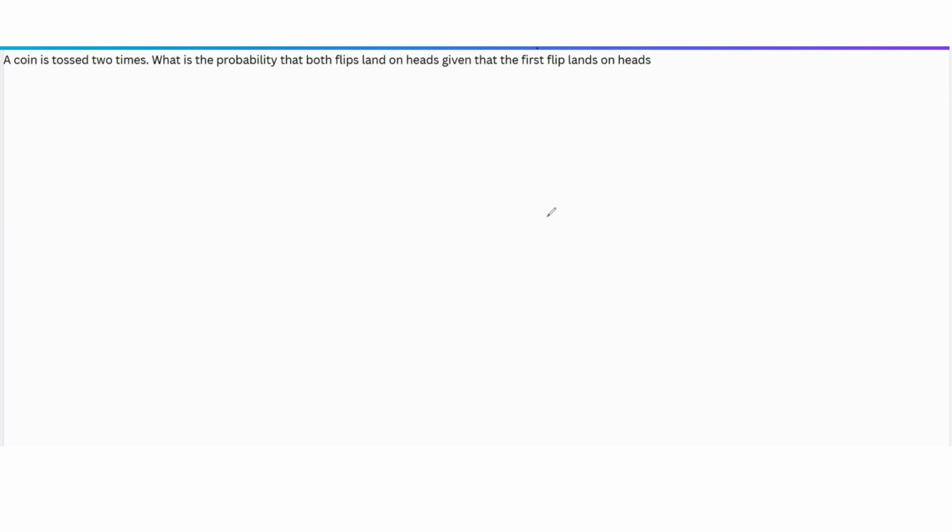We want to look at this question related to conditional probability, where we're told that the coin is tossed 2 times, and you want to find the probability that both flips land on heads, given that the first flip lands on heads. So here, the random experiment is